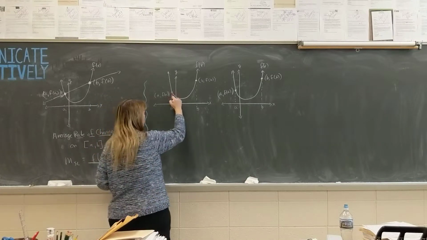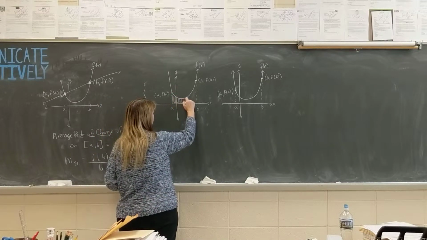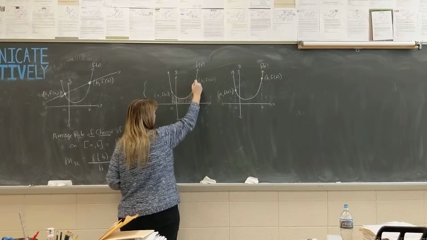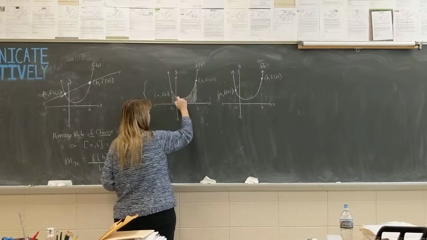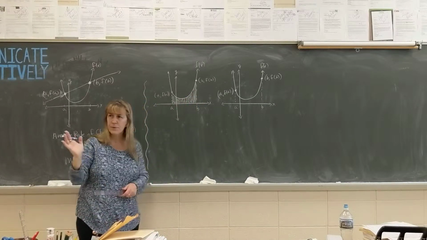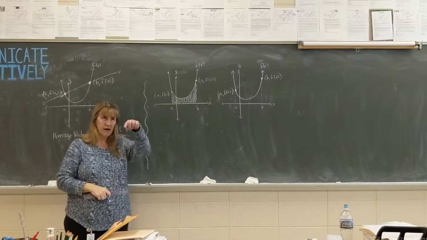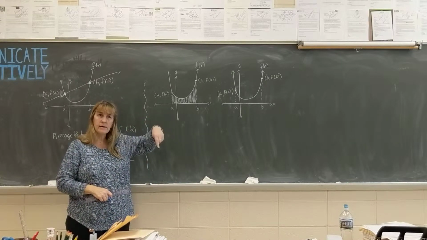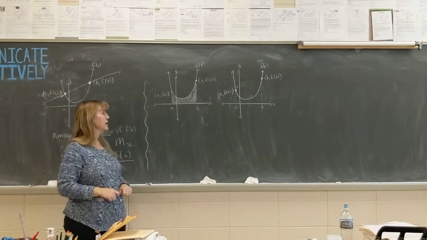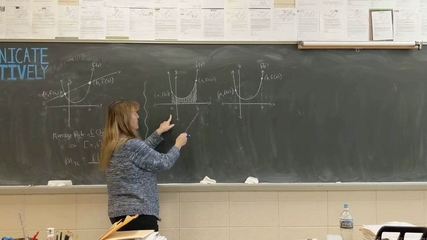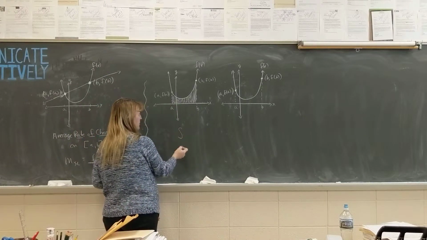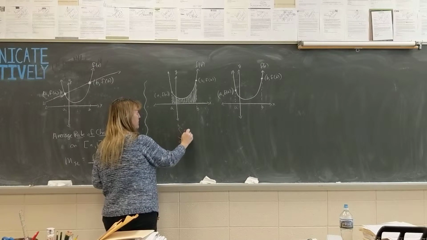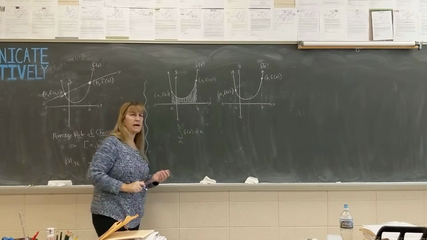So the area bounded by that would be in this region right here. And I like shading my area up and down, just like the calculator does, it goes brrr, right? Because we are talking about an infinite sum of what? Little rectangles, okay? So this area right here, which is known as the integral from a to b of f of x dx,